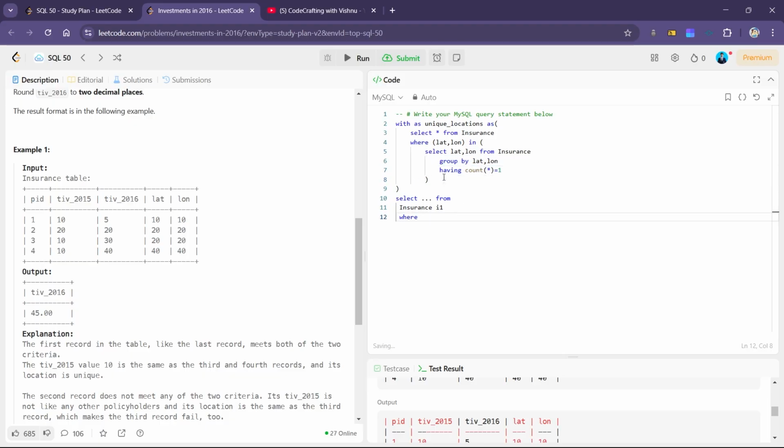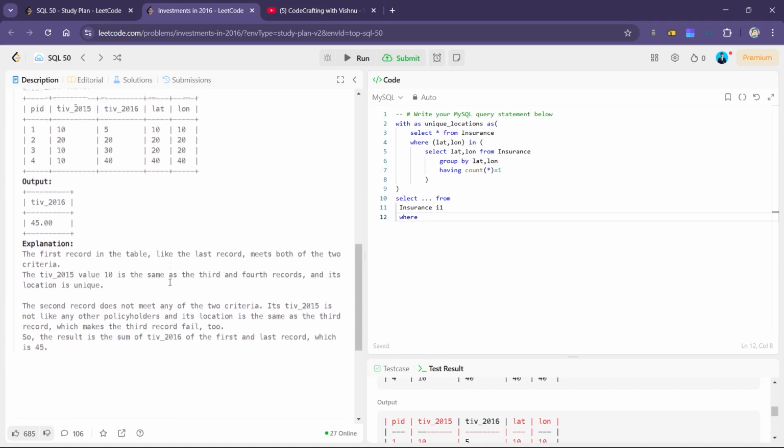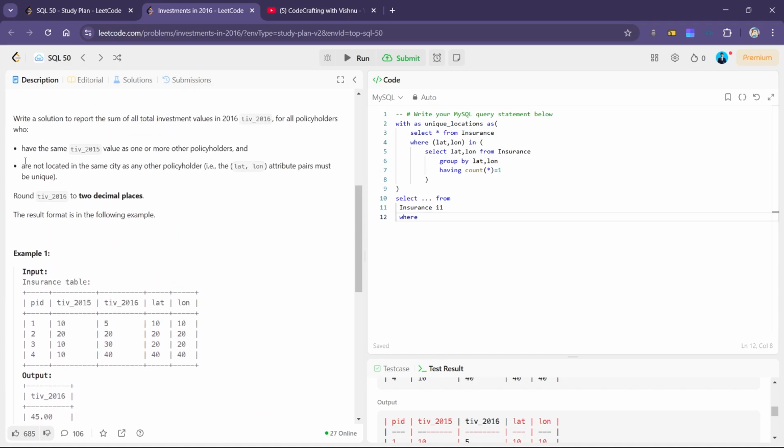Okay, so we are selecting from unique locations as per the question, as per condition 2, that they are not located in the same city. The unique locations are the locations in which no other policy holders are located in the same city. So that's why we are selecting from unique locations. And what we have to select is the sum of TIV